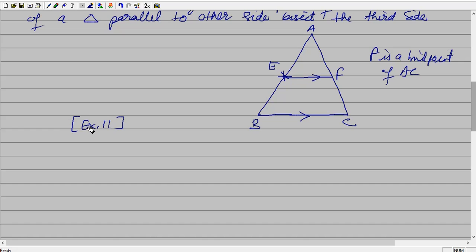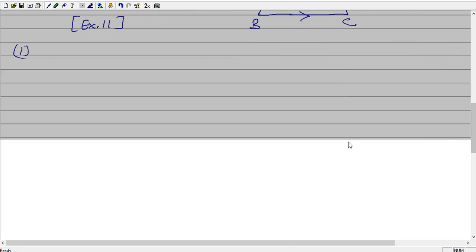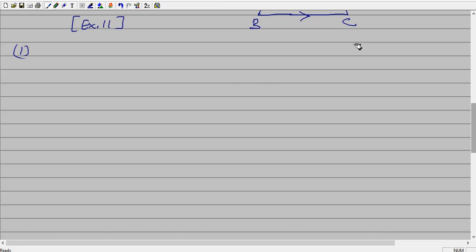And now exercise number 11, the very first question. I take the very first question because the first one is always the easy one and better to improve your conceptual part. So the first question is, in the figure given below, D, E and F... Open the book, always when you watch the video, always open the book, take a rough register and copy